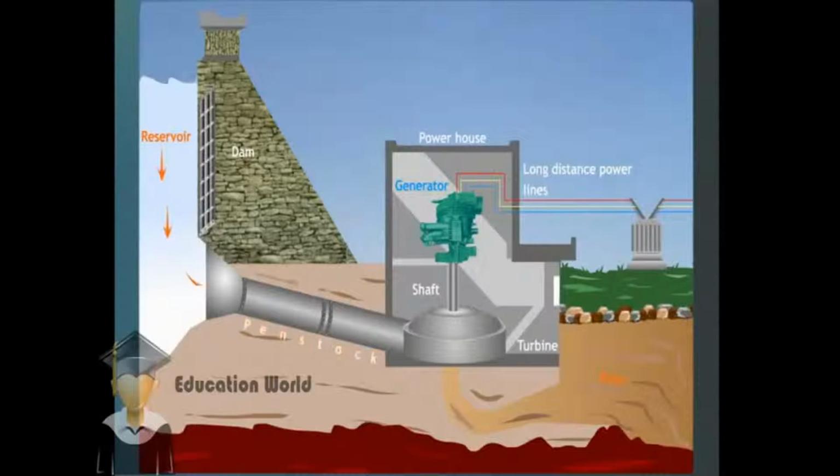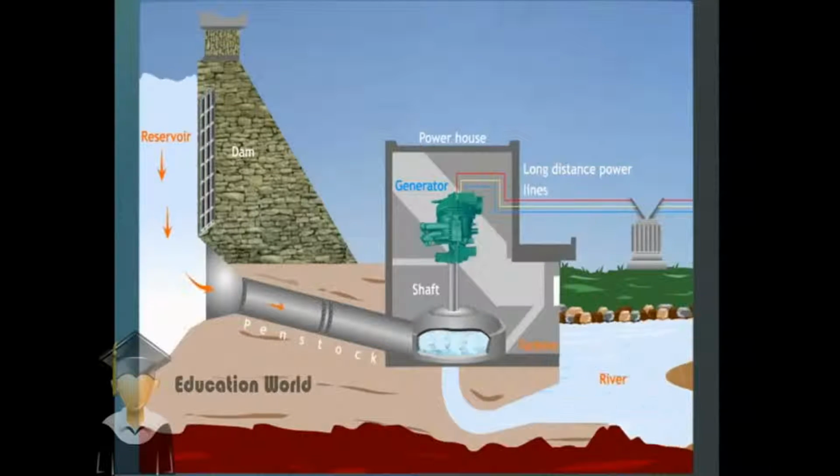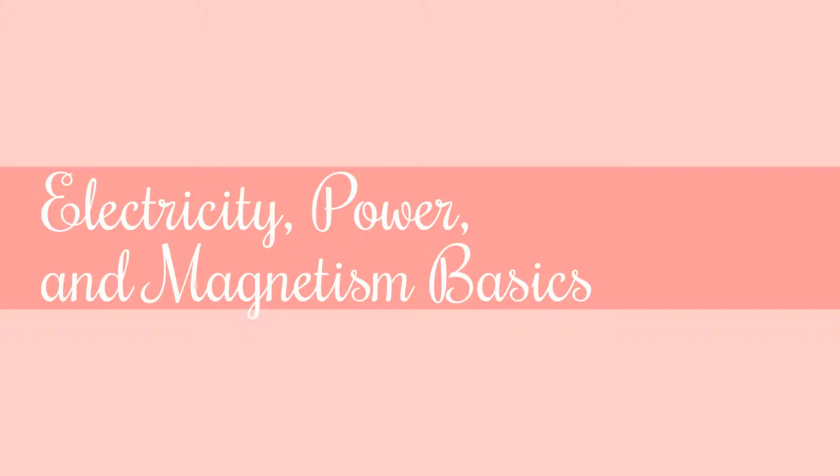Water flows through the penstock and rotates the turbine. The flowing water rotates the turbine, which is placed at the end of the penstock. The turbine, in turn,